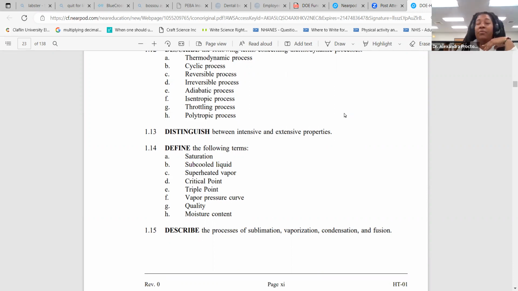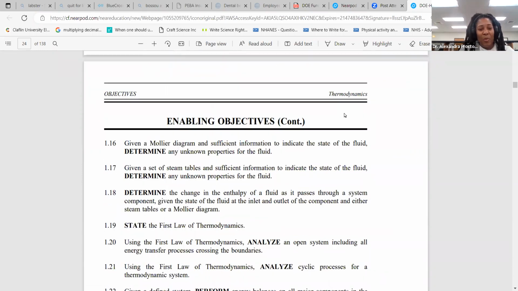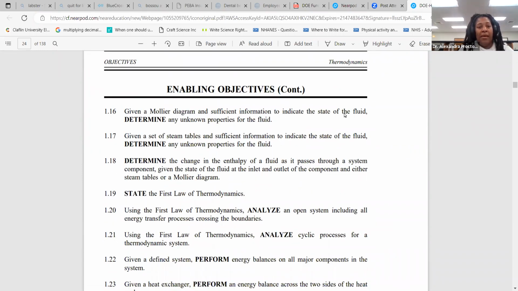What's a supercooled liquid? What's a superheated vapor? What's the critical point? What's the triple point? Vapor pressure curve, quality, and moisture content. And then we're going to describe what these states of matter are, like the changes in states of these matters, such as sublimation, vaporization, condensation, and fusion. Okay. And then given this Mollier diagram and sufficient information, we should be able to determine any unknown properties for